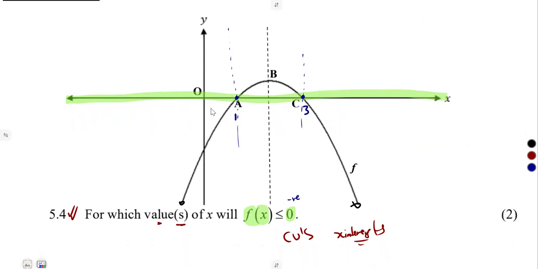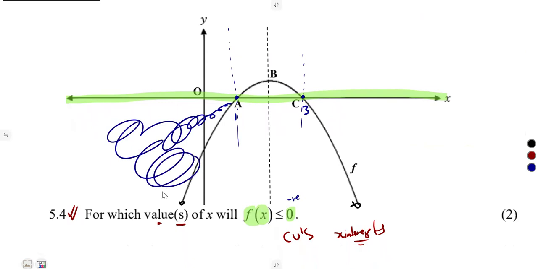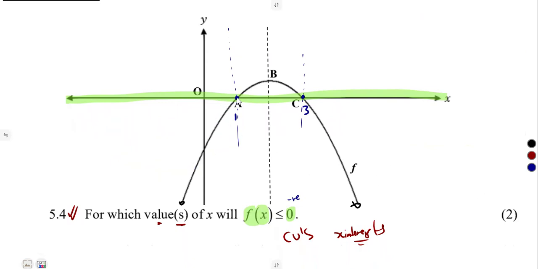When we say it is negative, it is below the x-axis. So from A, as we can see, going to the left, this function is negative. It is below the x-axis. It is negative. We are comparing from A. Then between A and C, between 1 and 3, the function f of x is above the x-axis. You can see it is found on top of the x-axis, meaning to say it is positive. From 3 going this side, 3, 4, and so on, the function is found below the x-axis, meaning to say it is